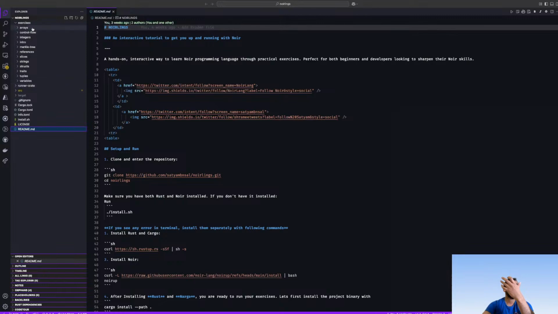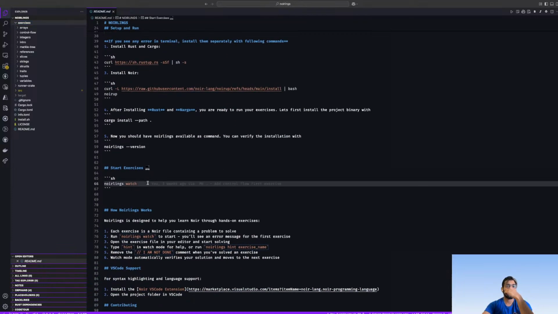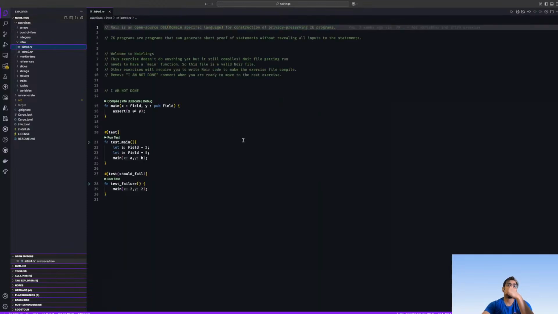The format is that you have these exercises, and as you run the command, you will need to complete these exercises. You only need to be concerned with this particular folder, exercises, and nothing else. That's pretty much it. We'll just run the command noirlinks watch, and we will complete the code in these exercises.